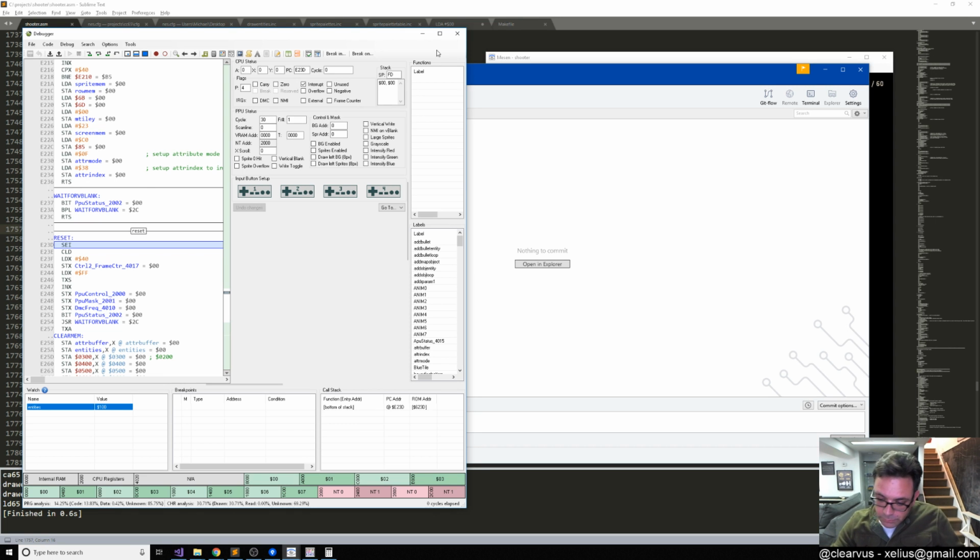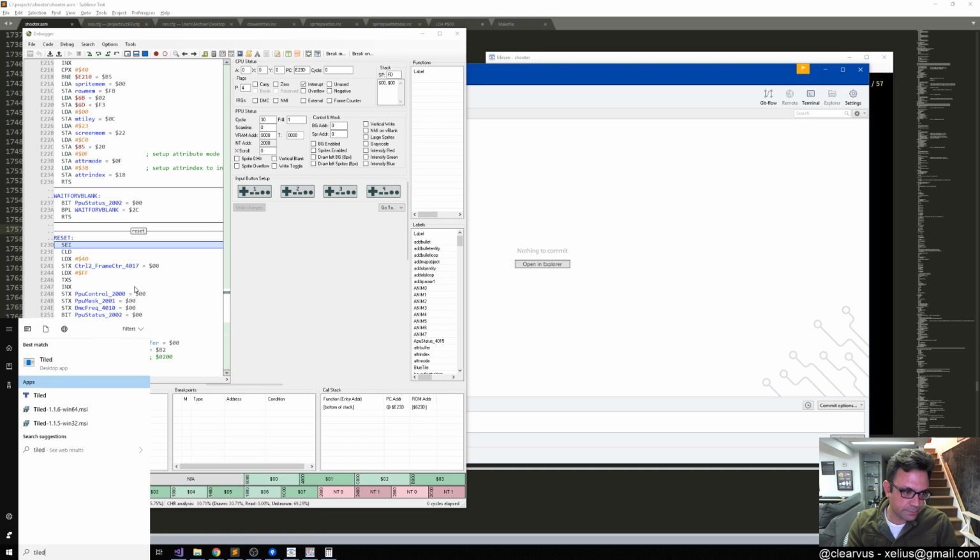Now, we're in an interesting situation here with the way that we have the objects loading. So if we go to Tiled,